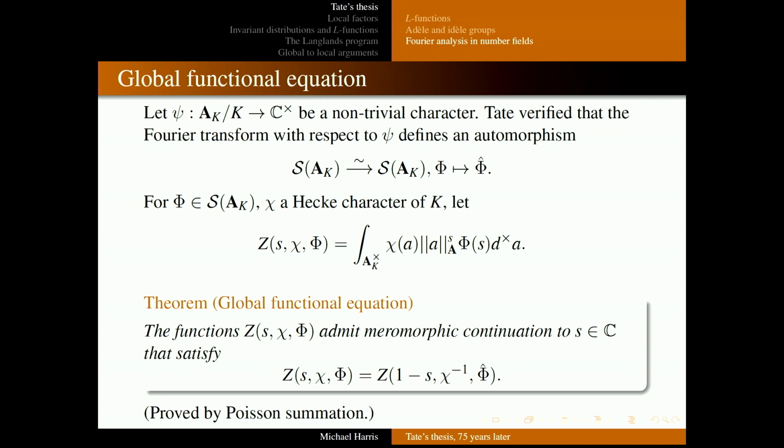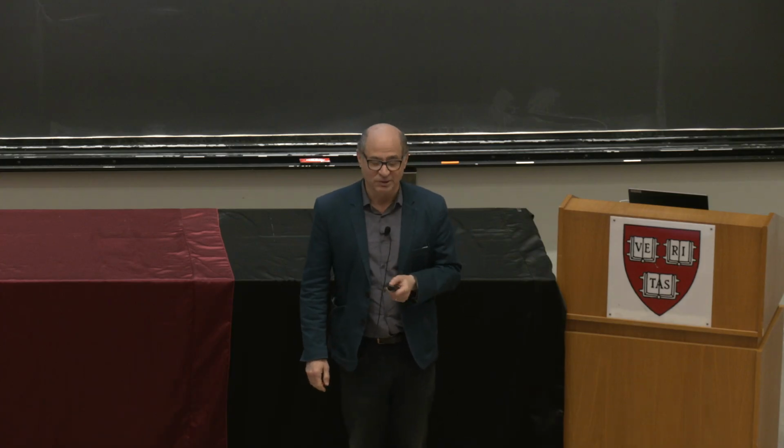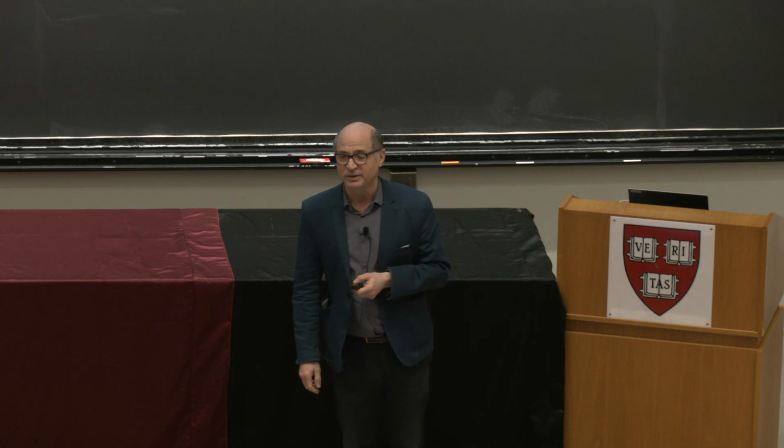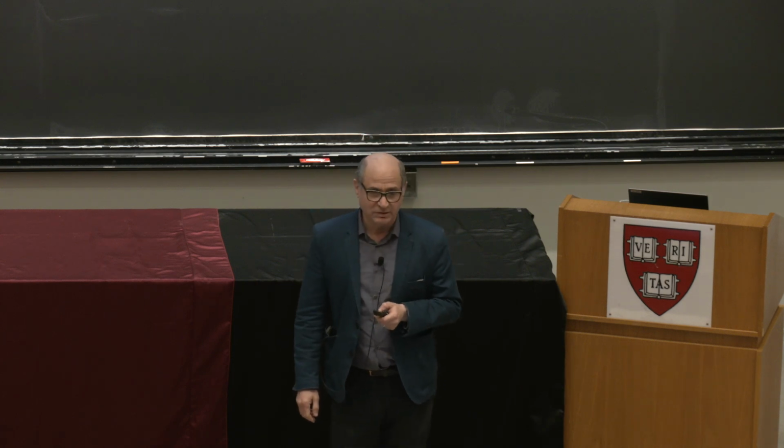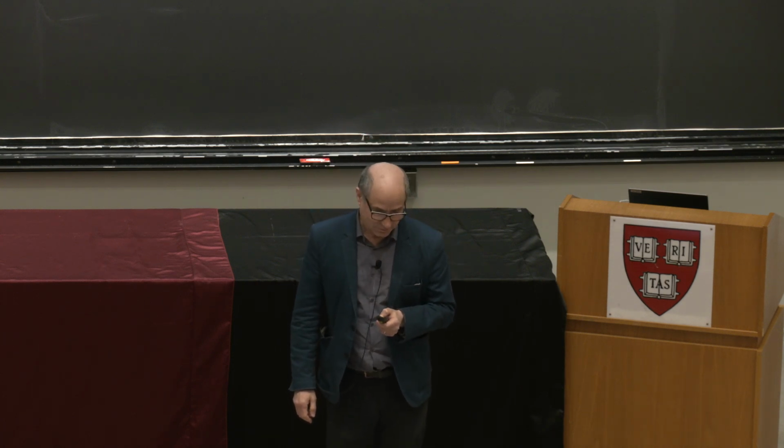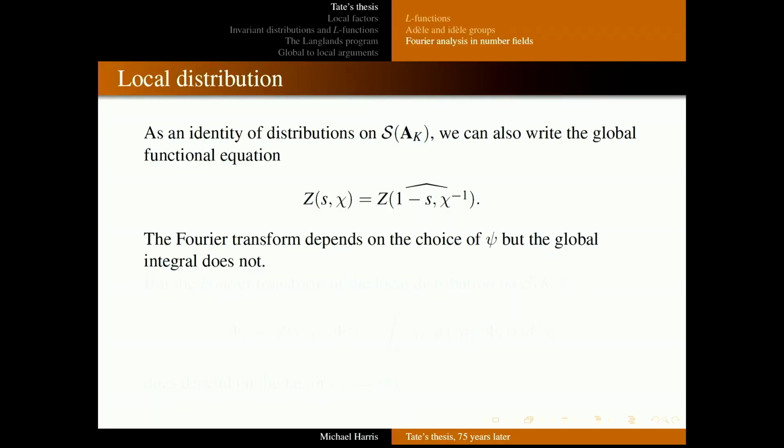All right, so far we have not proved the functional equation of the L function. We've proved the functional equation of this zeta integral, which depends on an extraneous variable, this Schwartz function phi. In fact, instead of thinking of it as an integral with a value as a function, you can think of it as a distribution on the Schwartz space, which is a useful way to look at it.